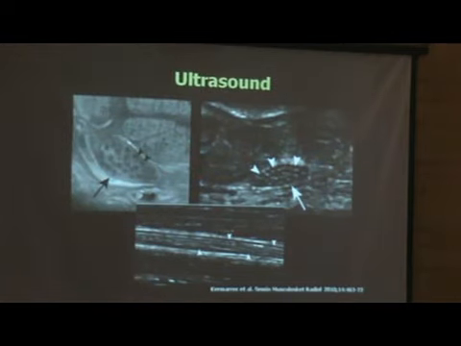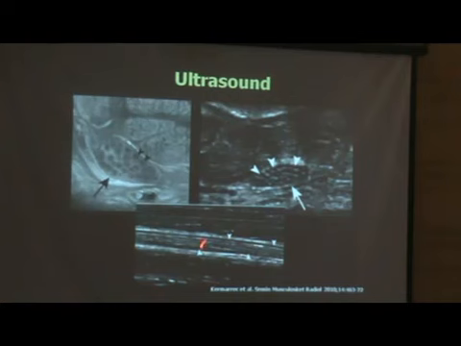So, ultrasound, it's not bad, it's very good actually, to evaluate peripheral nerves. This is not all about the ankle and the foot, in the lower and upper limbs. This is actually an example from the literature of the median nerve. It's not even the ankle or the foot, it's the wrist. But just to show you